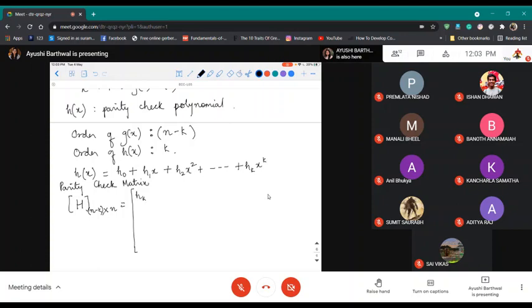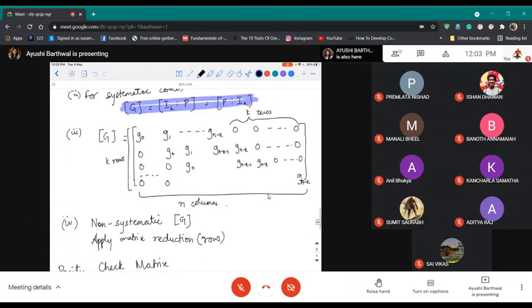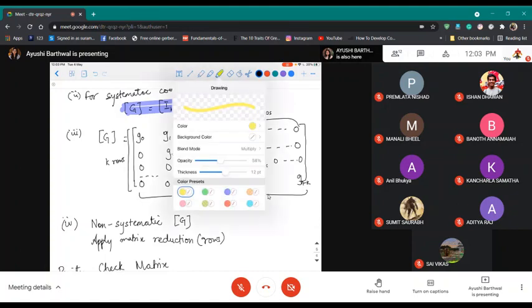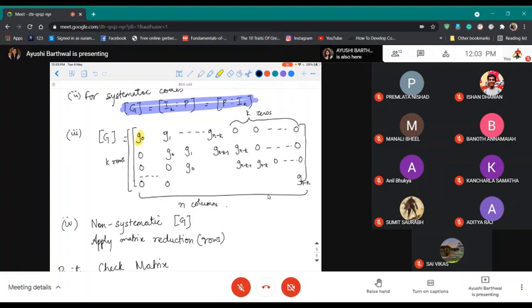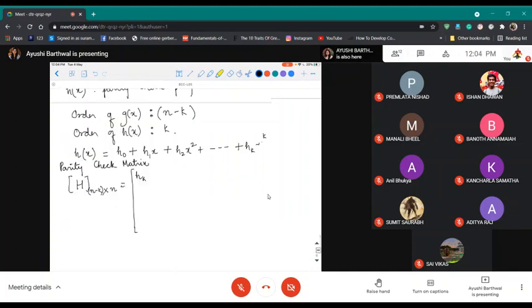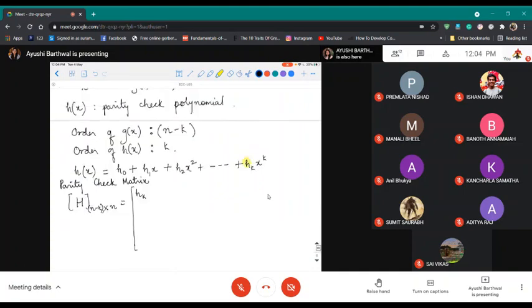Here it will be opposite to the generator polynomial. In generator polynomial, you have to keep this in mind, otherwise it will cause confusion. In the generator polynomial, the first coefficient, first term, first element is the constant term, that is g naught, whereas in the parity check matrix, it is the higher order term, the maximum order term. And then you have to start writing your polynomial.